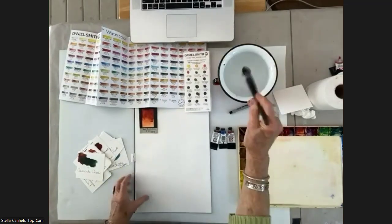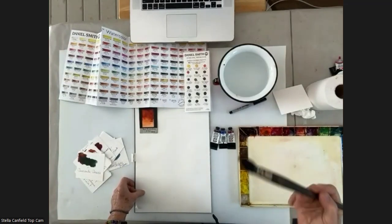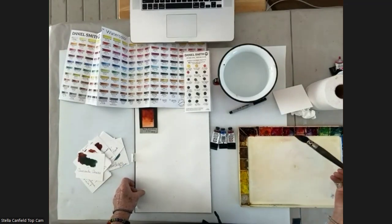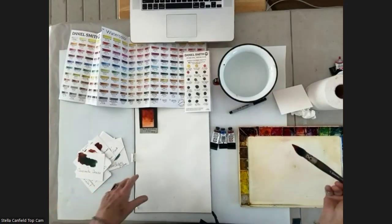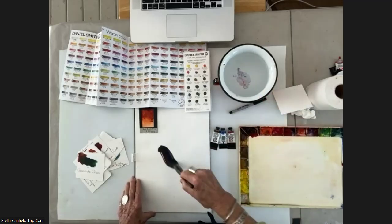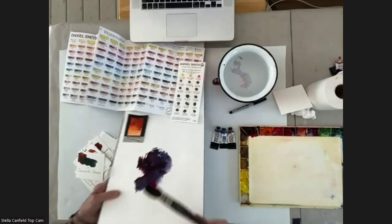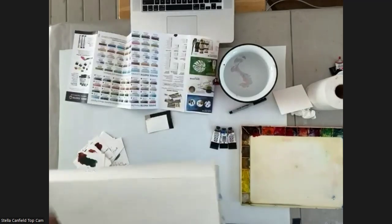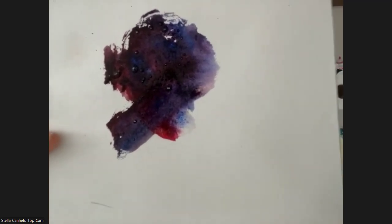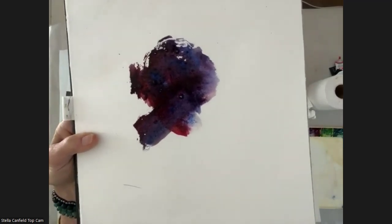So what I do is I just load my brush with a lot of quinacridone burnt orange, with carmine and a lot of ultramarine blue. And without mixing them, this is how I create most of my darks. If you take a look, for me, this is incredibly exciting. It's not boring, and when it dries, it keeps the brilliance because of the